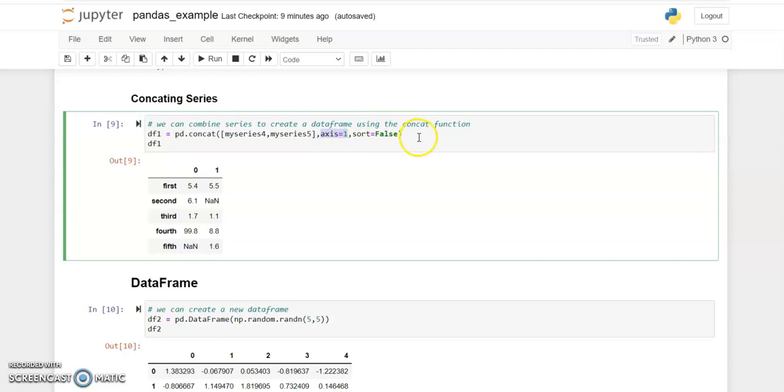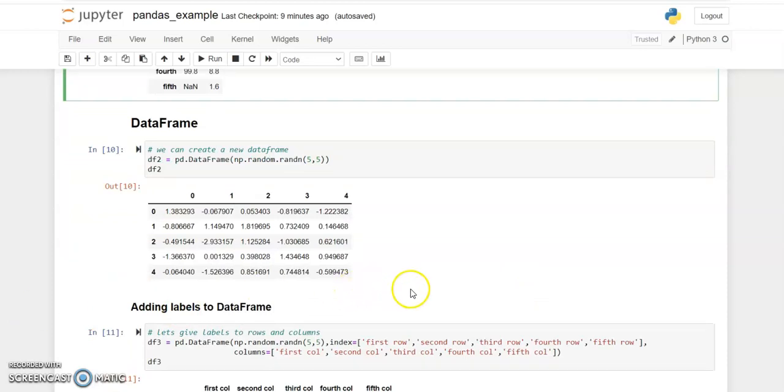In pandas, axis equals to 1 means you want to combine the columns, and axis equals to 0 means you want to combine the rows, and I'm setting sort equals to false. By default it is true, and I'm making it false here. So here you can see in the result, I have concatenated both the series based on the columns. This is the result of concatenation.